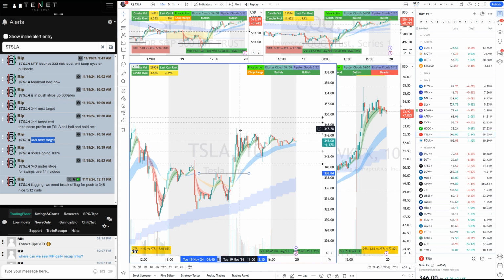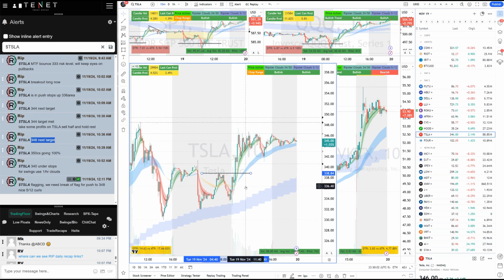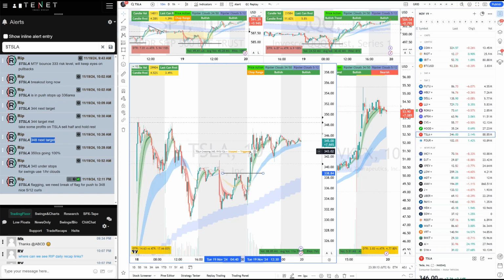We didn't really get close to 348, and it kept consolidating, flagged once, flagged twice, failed the flag, and then you get out here. Anybody who's swinging, he has to use the 1 hour clouds for the swing risk. Tesla was a beautiful trade in the community. It was not like a crazy runner, but it still gave us a nice $6 7 per share profit, which was really good for every one of us in the community. And then because MSTR and other names are going, this was still a decent trade.